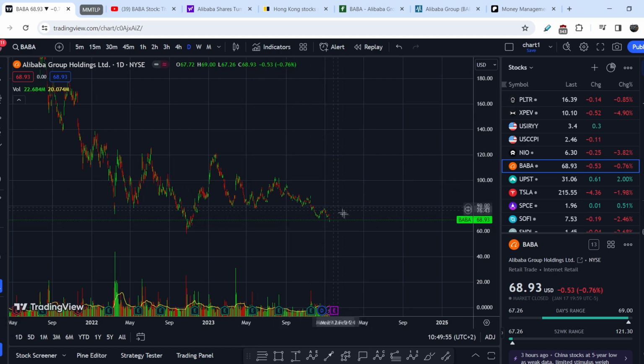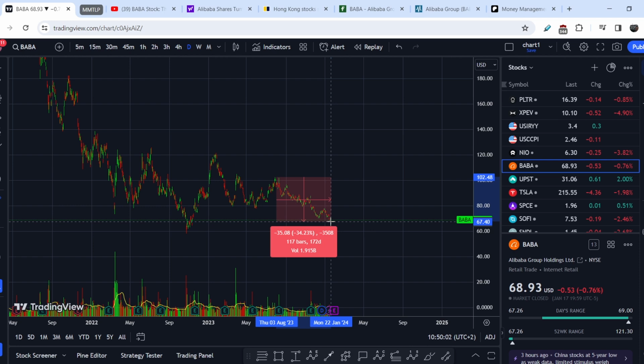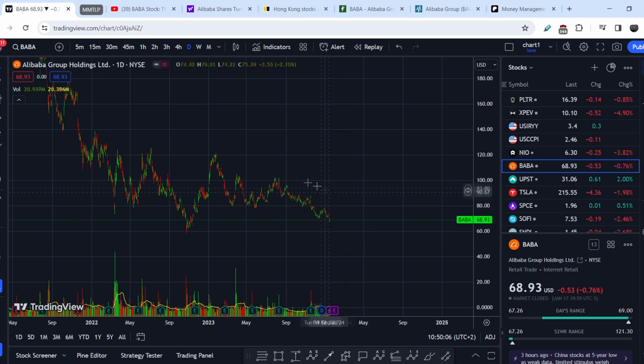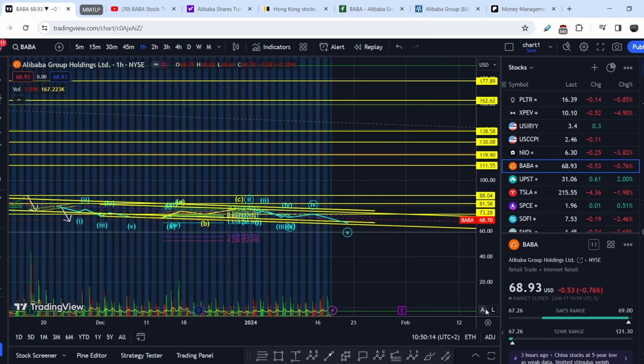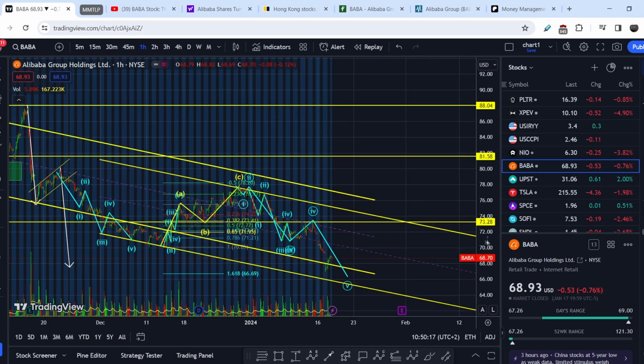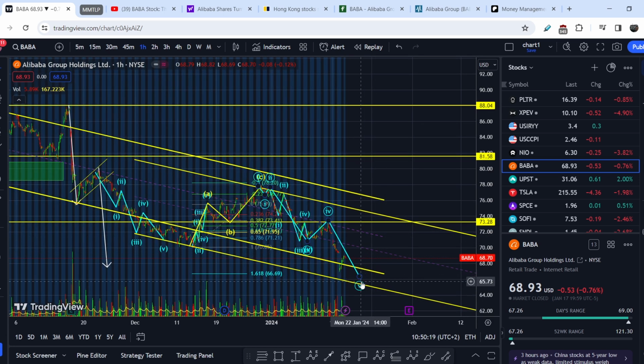But so far, we have this quite substantial movement to the downside, during which from the beginning of August till the present day, this asset lost more than 34%. And we don't have any major signs of recovery yet. And let me show you that on a micro level, let me adjust this tool, we have to complete the fifth wave to the downside. And right after that, potentially we will have an opportunity to catch the movement to the upside.